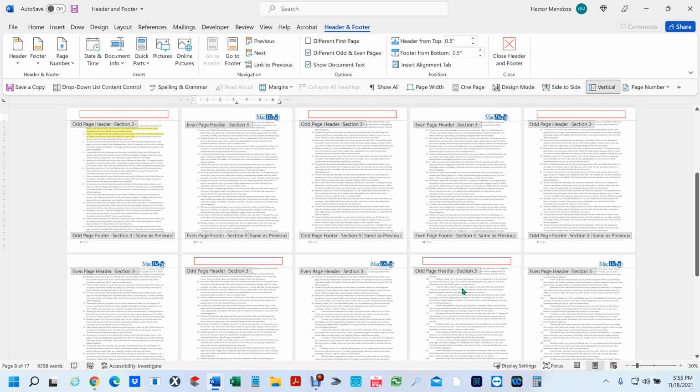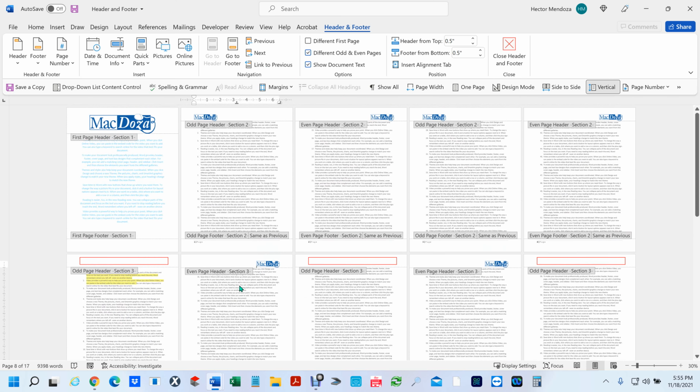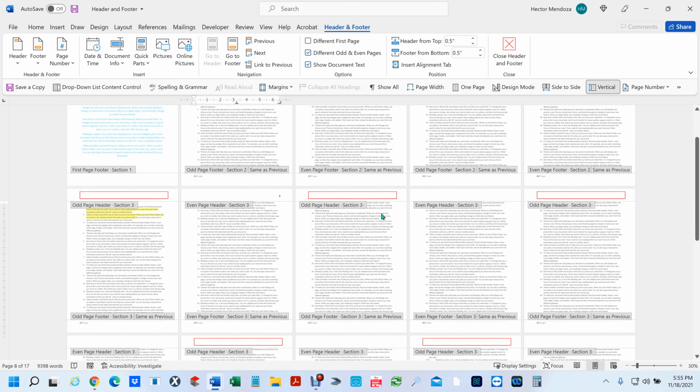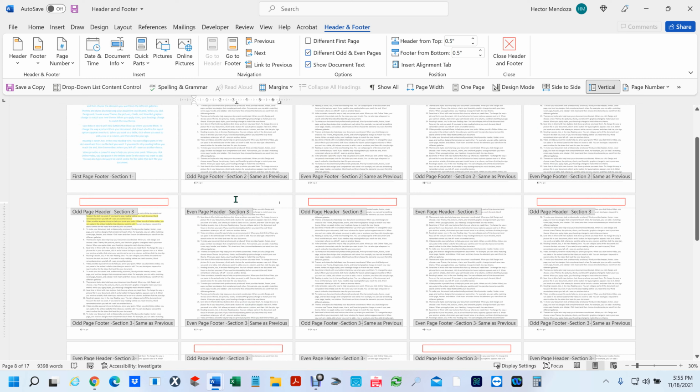Now, if I go in, so let me see, section 3, okay, right here. I want to delete this. Remember, when I delete this, it's going to delete everything that is even pages down, because I've already told it not to link to the top part. So I'm going to hit delete. You see, it deleted this, but it didn't delete the top part. Okay, now I could go in here and